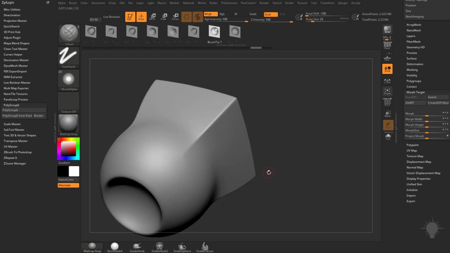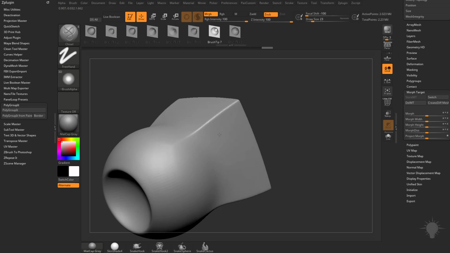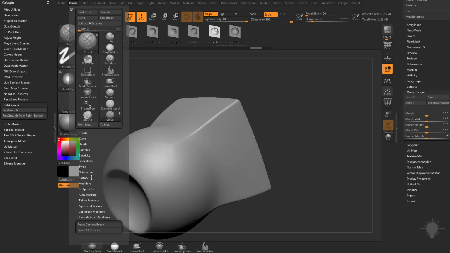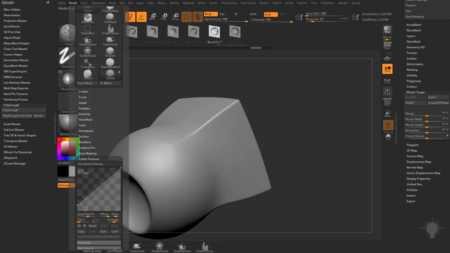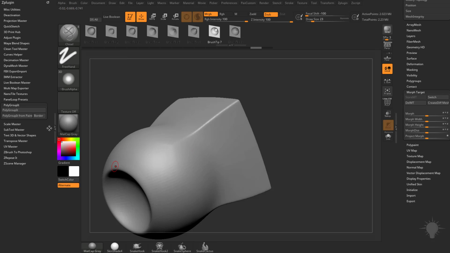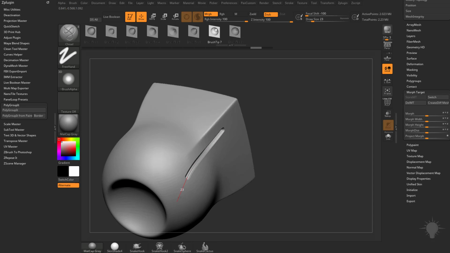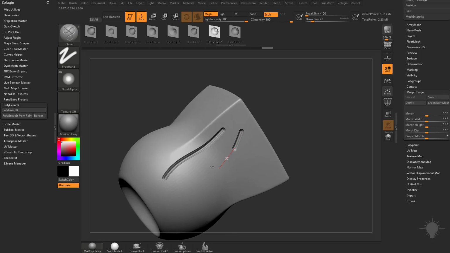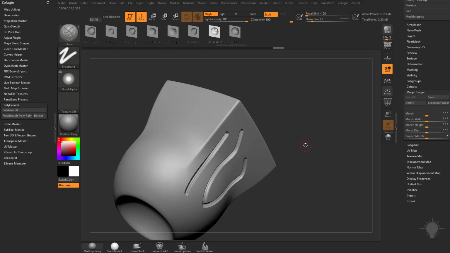Or since I like to use my tablet, I can temporarily turn off pressure sensitivity by going over here to my brush menu. Go over here to tablet pressure, and where we see size, go ahead and crank that up. So now when I'm using this brush, it's going to be like I'm using my mouse. It doesn't matter if I go soft or heavy with my pressure sensitivity, it's going to be the exact same chisel width. So that way I can just go through here, and of course I got my snap on, so now I can make very nice even strokes.